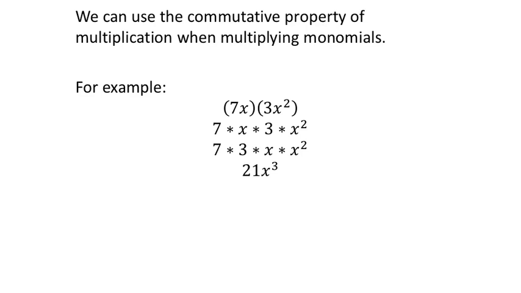So, the commutative property. This is not really the way that I would do it, but this is a really nice, nerdy way to say it, okay? If you saw something like this, 7x times 3x to the power of 2, you can actually, because it's